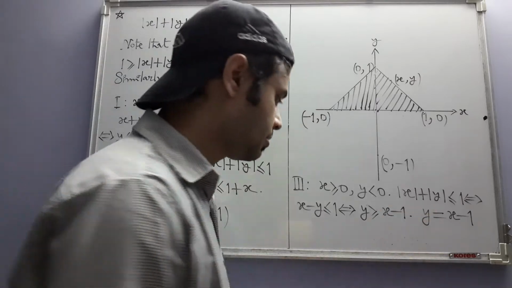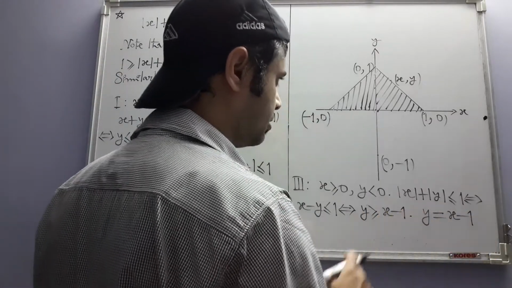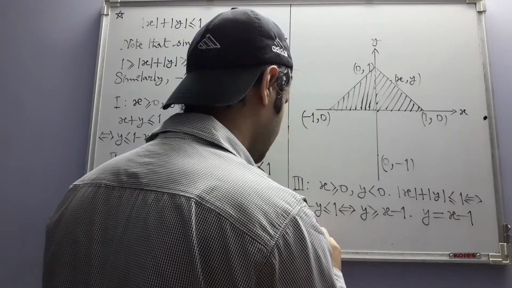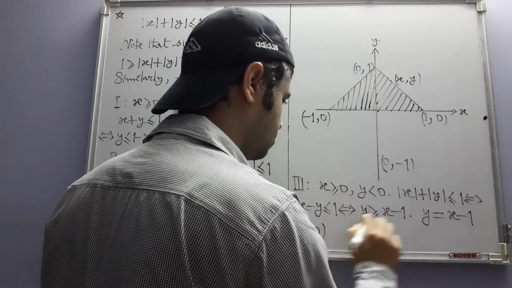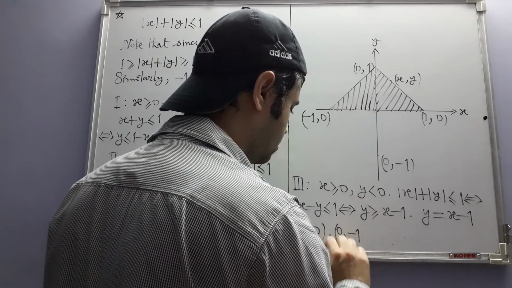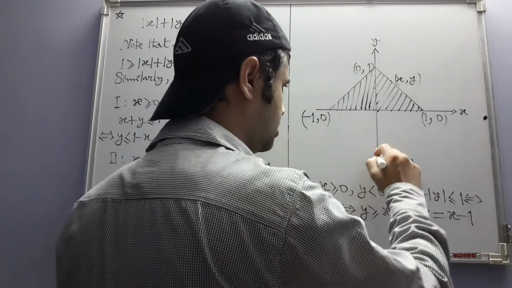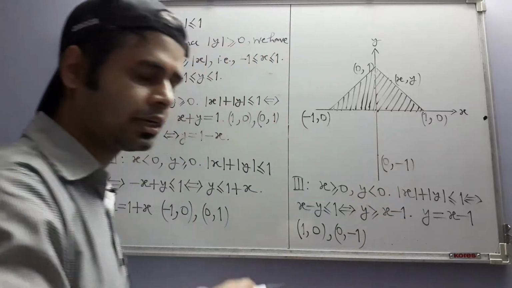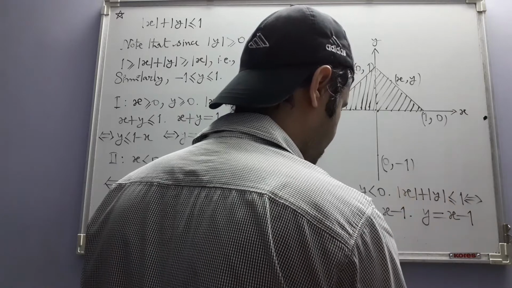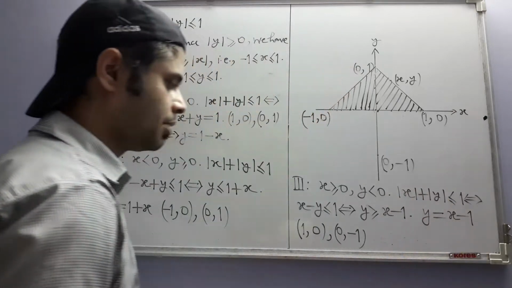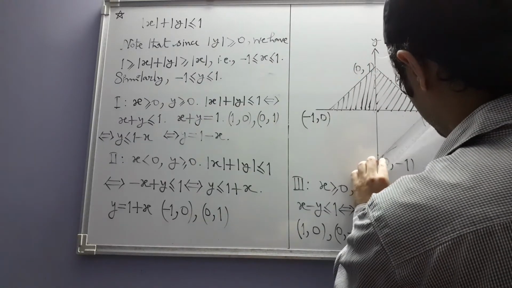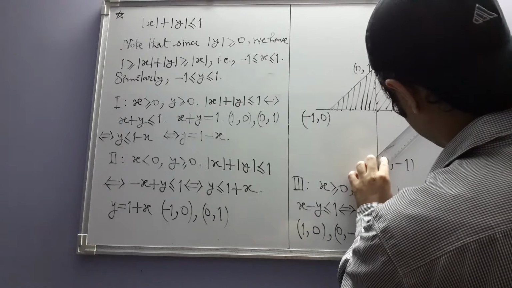So you can see that the points that satisfy this equation, the type of points we are considering are, one of them is 1, 0. If you put x equal to 1, you get y equal to 0, and another one is 0, minus 1, this point, which is at a distance 1 from the origin, lies on the y-axis and below the x-axis. If you put x equal to 0, you get y equal to minus 1. And with these two restrictions, we are now considering this straight line.